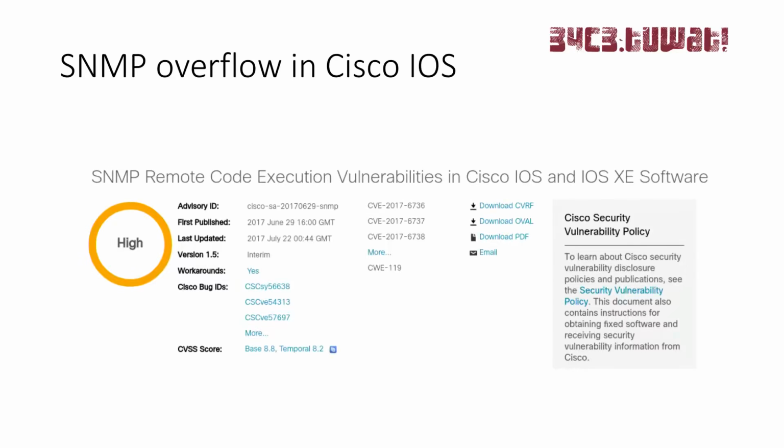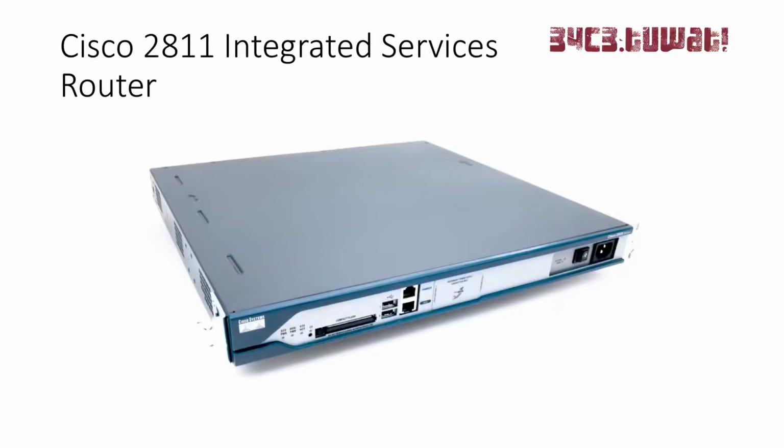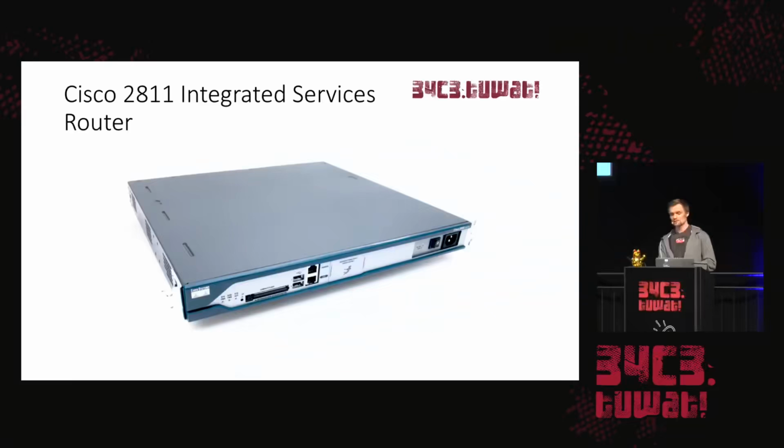So the actual advisory said that the attacker needs a read-only community string to gain remote code execution on the device. The target router was a 2800 integrated services router, which is a very common device on the networks. So the technical specs for it are: